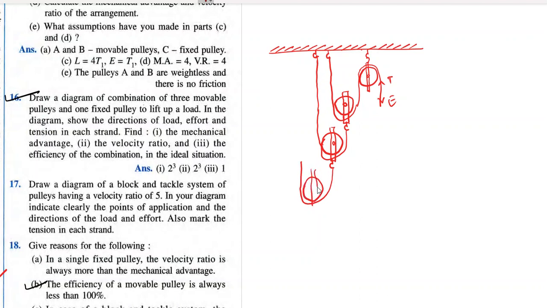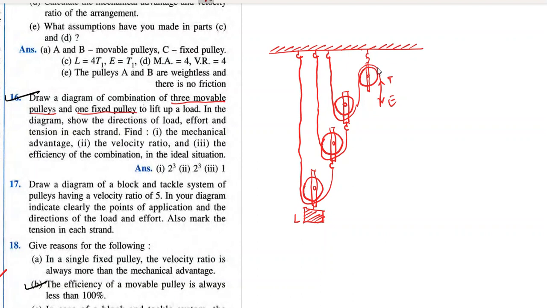So I'm not having any scale or anything, so it's not a very neat looking diagram, but still understandable, and at least you know the technique of how to make the diagram. बहुत लोग डायग्राम से डरते हैं, कुछ लोगों ने तो होमवर्क में डायग्राम नहीं बनाए. So I can imagine that yes, this is a bit of a tedious task and also boring. So this is the load. ठीक है, so 3 movable pulleys as per the question, 3 movable pulleys and 1 fixed pulley.